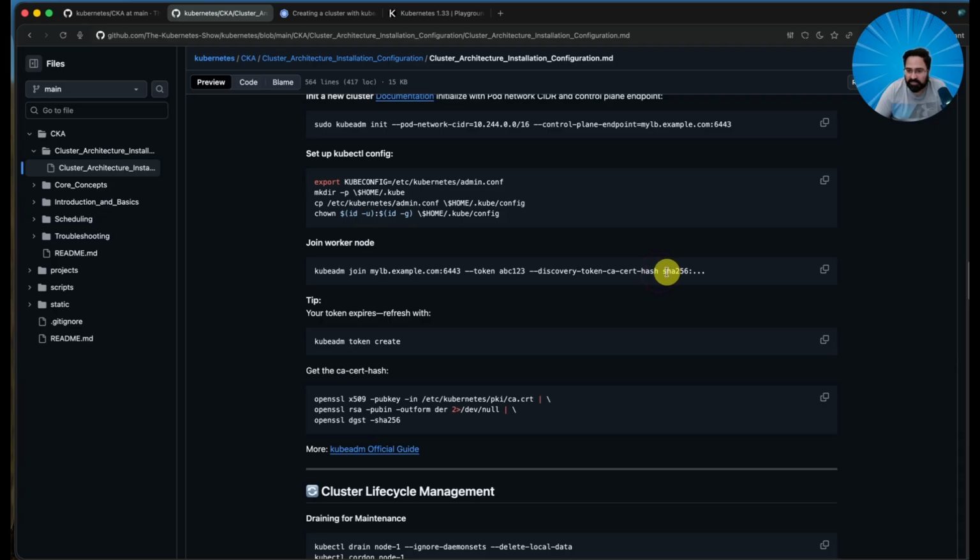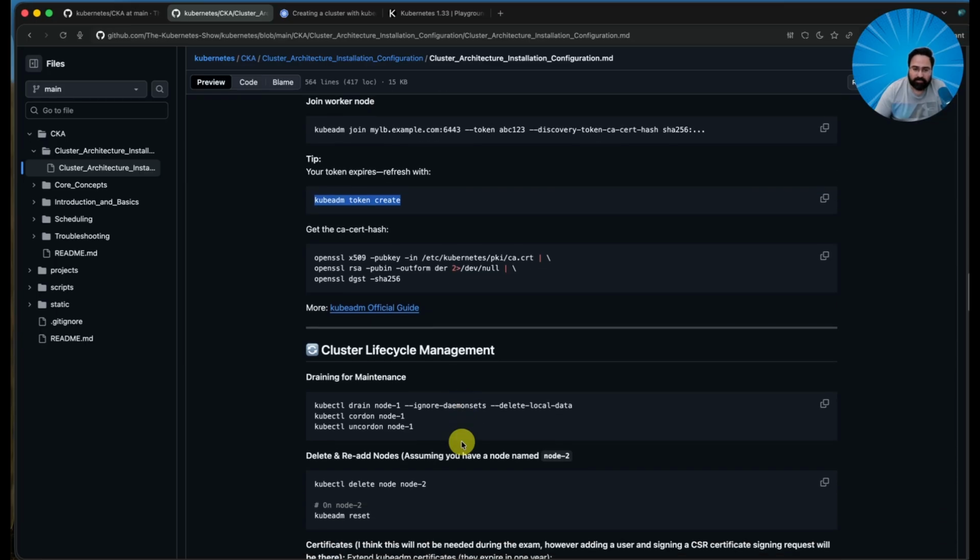But I have mentioned here SHA-256 and then something, right? How do you get this SHA-256 something? You run this command kubeadm create token, then it will give you the output, and you use that on a worker node. So you log in on the worker node. Those nodes should have communication between each other, and then it'll be able to join the